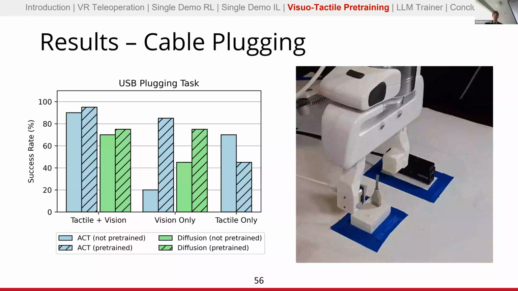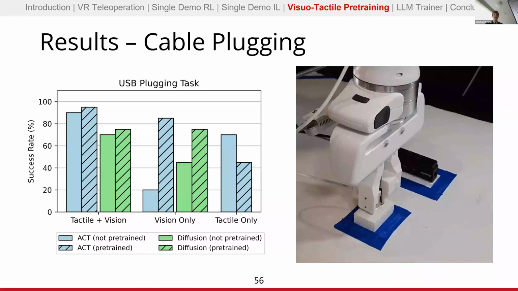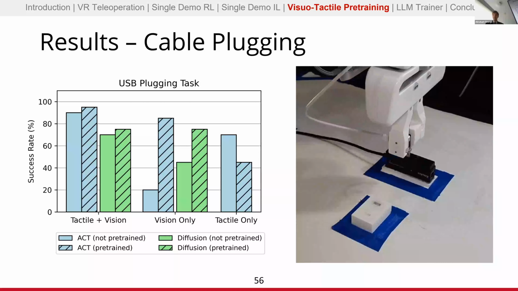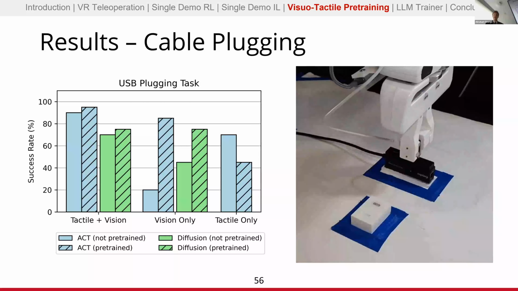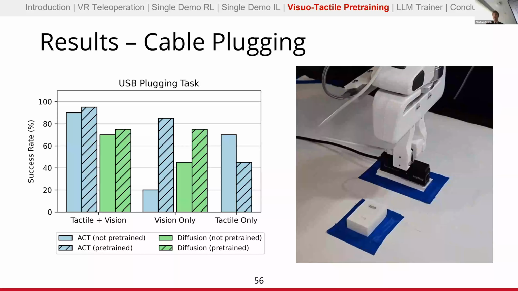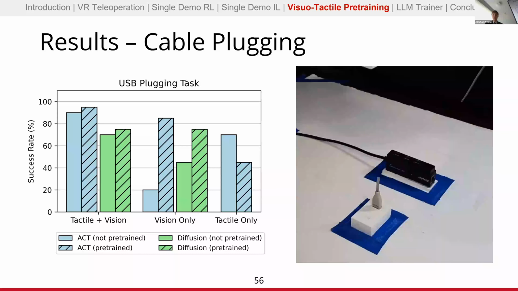Yeah, so for example, with the cable plugging task, one common failure case is that the robot will get onto the plug, but be a little bit to the wrong side. And then in the process of trying to plug it in, it'll slide off. So it'll fall off either side of the cable or the hole. And at that point, it's kind of unrecoverable.